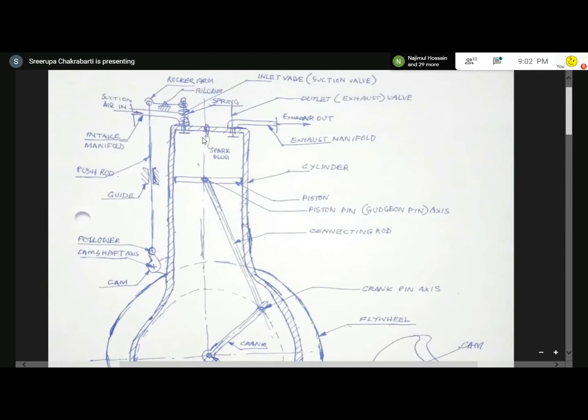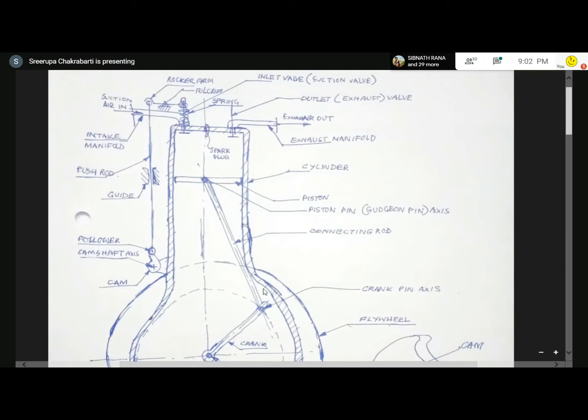And then after the gas is compressed, the spark will be there. Both the valves are closed. The gas will be burned. There will be an explosion type of thing. The piston moves downward, the power stroke or expansion stroke. There, a huge amount of energy is liberated. That goes to the flywheel again, extra energy.